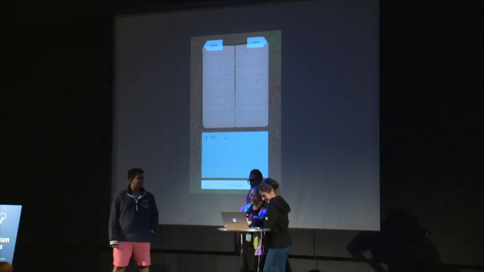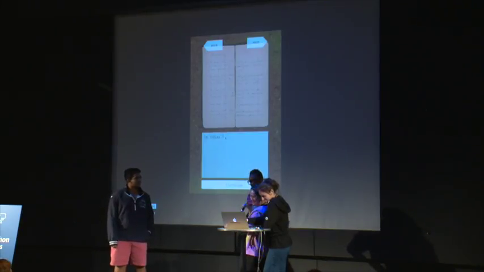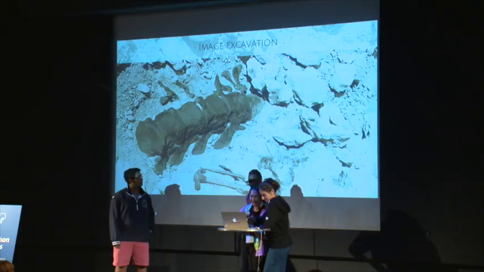Whoosh. Type, type, type, type, type. Okay, let's move on to the next slide. Okay, and so